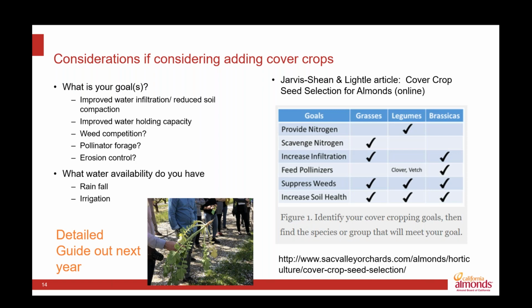What are you trying to achieve as an almond grower to help you determine what kind of seed mixes to try and get? Is the main focus on water infiltration or reduced soil compaction? Is it for water holding capacity, nitrogen scavenging, pollinator, etc.? And understanding how likely are they to germinate depending on the rainfall you have or your ability to do irrigation. So just letting people know there's this article out for how to think about it, but the big still to